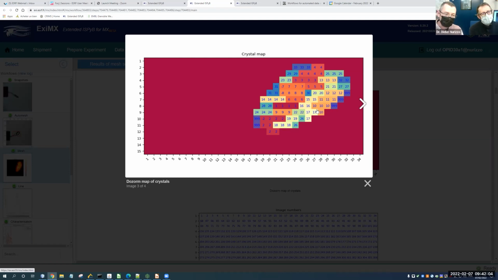Okay, but it's just because those are for the moment something we installed not a long time ago, and Sasha is still working, trying to make it a bit more efficient. That's also what was presented on MASSIF-3, where they are trying to do 2D meshes. Instead of doing a line scan for the second scan, they try to do a mesh scan again, to make sure that after rotation, you've got the same crystal all over the place. So that's something we are still trying to improve, which is not working at its best at the moment, but